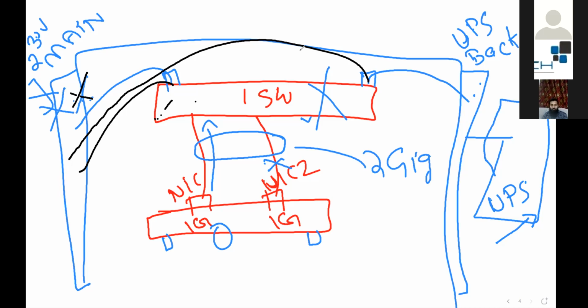Any device, irrespective of servers, switches, or anything, always gives a secondary solution in terms of power, data connection, management connection, anything. The additional connectivity is always about redundancy. What if my main goes down? What is the best possible way to keep things up with zero downtime?